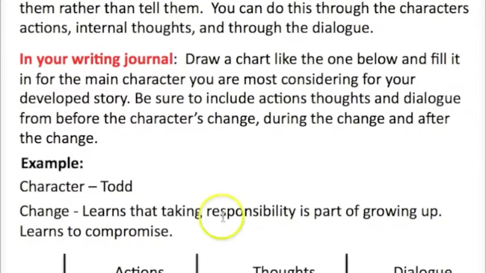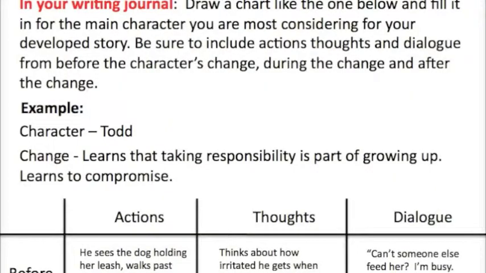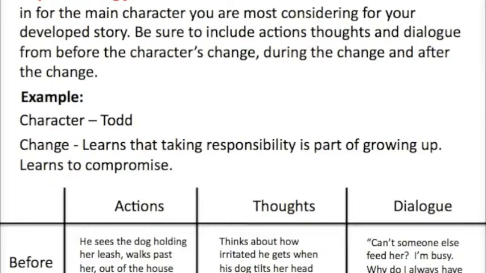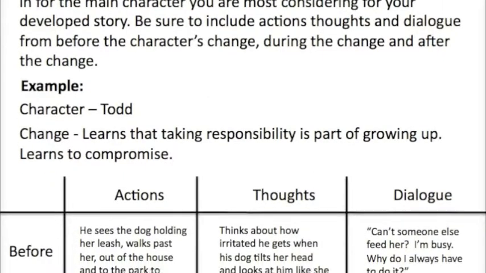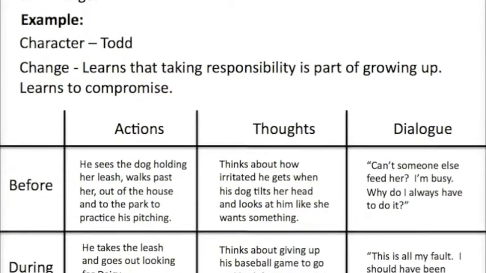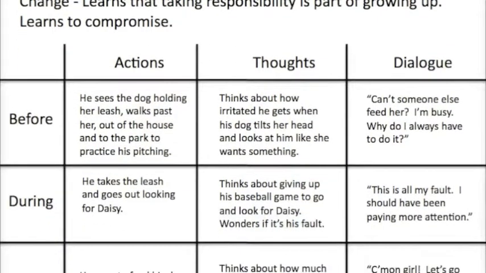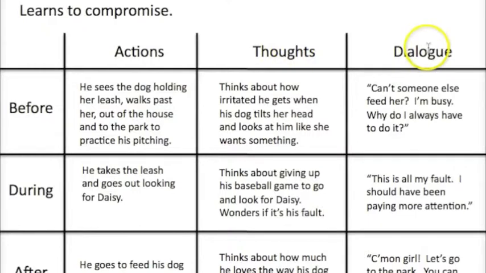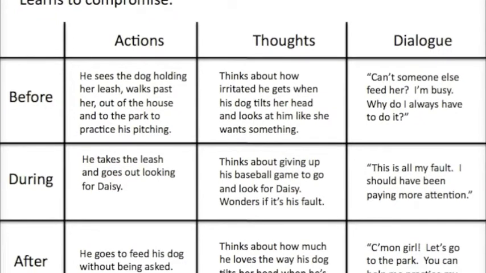So at the top, I wrote my character, Todd. I did call him Evan at first, but I decided I would rather call him Todd. And then the change: he learns to take responsibility for his dog and learns to compromise, and he sacrifices the game to go and find his dog. So here is the chart: actions, thoughts, dialogue, before, during, and after the change, the moment of change. So I'm going to just show you what I did with the before. So it works like this